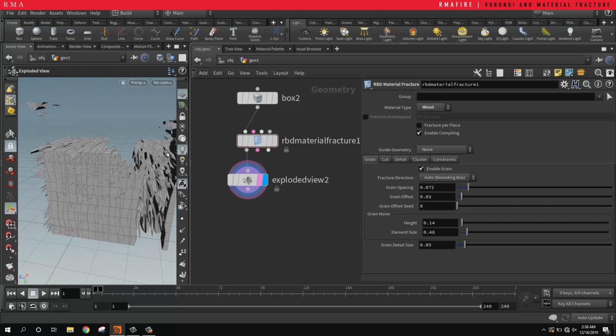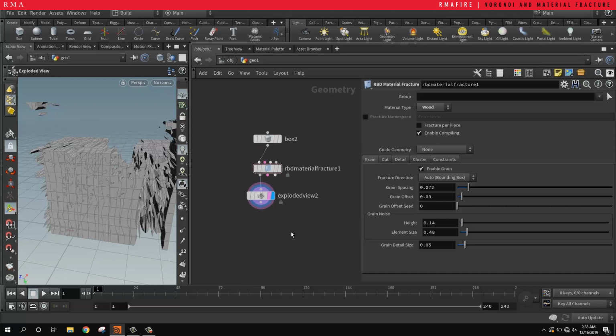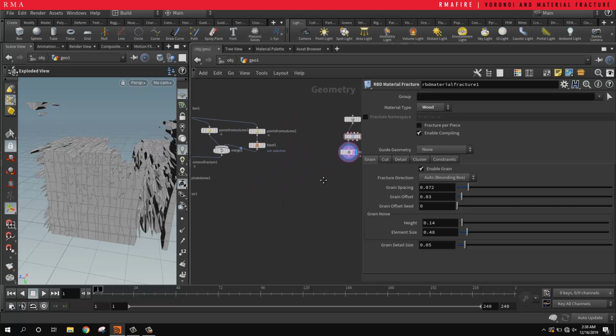Okay, so this has been a quick intro to the Voronoi fracture and the material fracture inside of Houdini. We'll be back with more